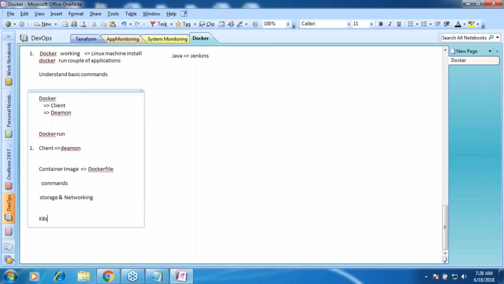For example, initially it was an interview question: how do you check the memory of your Docker container? That was very difficult. Now we have a command called docker stats, which was not there earlier. So things change every time. Don't have a habit of memorizing the stuff. Not a very good habit. So let us explore certain commands.